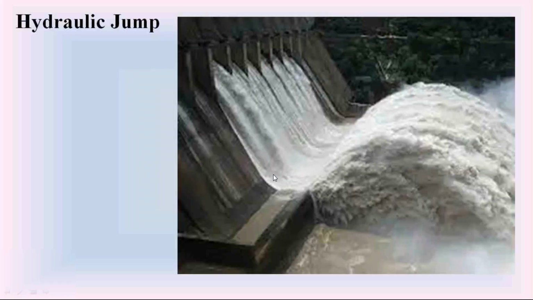So at this bottom of the spillway, please everyone check this. At this bottom of the spillway, the depth of water flow is less. So in this small portion, the water flow is in supercritical condition, with large kinetic energy. Whereas from this portion onwards, not in this middle portion, please.